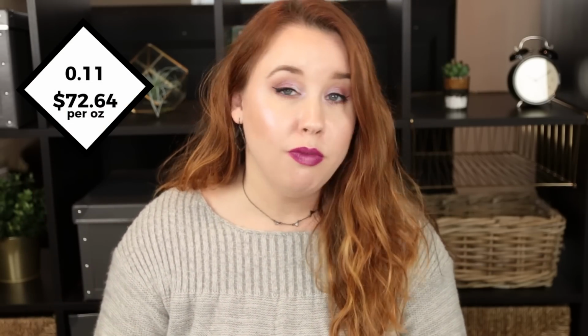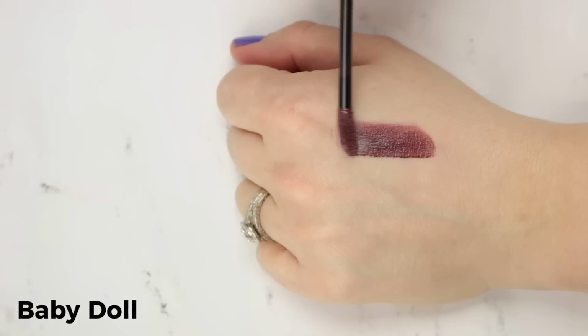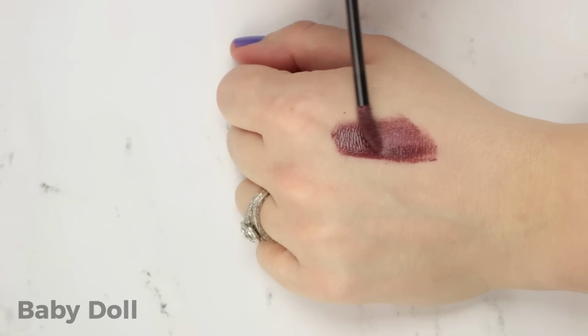That's me personally, but beyond that, I don't really feel like this whole lip lacquer, vinyl lip, super high intense gloss is great or very practical in dark colors, and that's all they released in this line. These retail for $7.99. You're getting 0.11 ounce, so that equates to $72.64, so a little bit above average. The shade that I have here is Baby Doll. I tried to get what I thought was going to be the most neutral and or wearable shade from this lot, and it's still